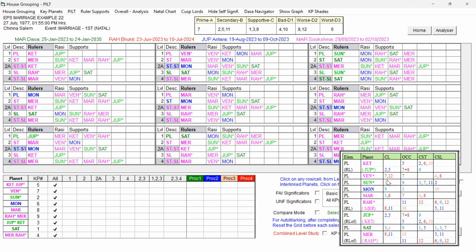Now let us examine the Venus, 7th lord. 7th lord is in the star of Mars, and that Mars is also pink shade. 7th lord Venus is also pink and Mars also pink, and at the 2A level Moon is good, blue, and Moon is forming rudder link, and sublord Saturn is good, and that way sublord is forming rudder link at the 2A level only. But you can see Jupiter is there at the source level.